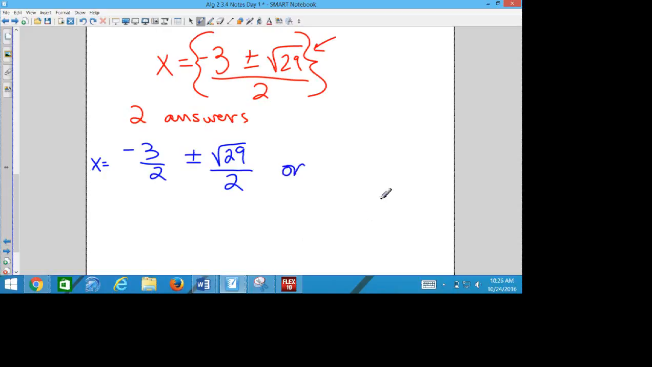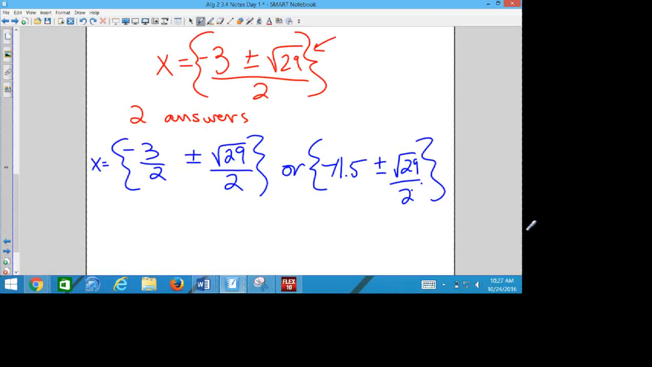You could write it as negative 1.5 plus or minus square root of 29 over 2. That doesn't really make that question any better to write it that way. I'm just telling you, you can do that. So I've given you 3 different ways we could write this. These are exact answers. If I wanted approximate answers,